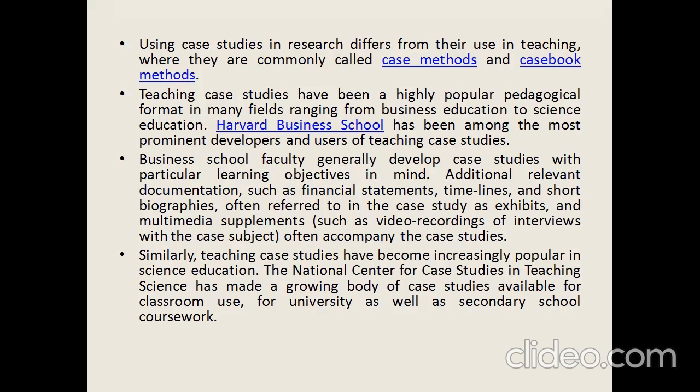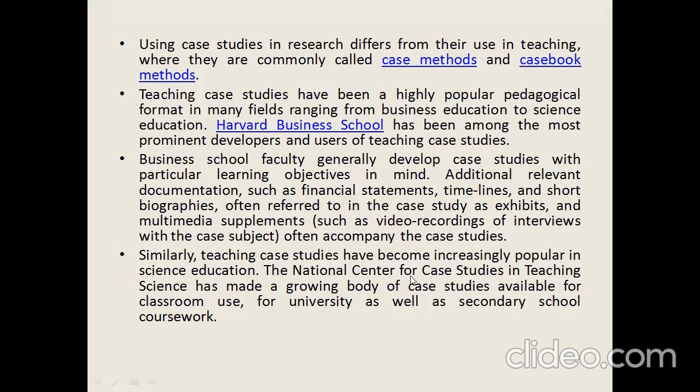Likewise, with a learning objective in mind, additional relevant documentation such as financial statements, timelines and short biographies, meaning of any politician or film star, often referred to in the case study as exhibits, and multimedia supplements such as video recordings of interviews with a case subject often accompany the case studies, right? Similarly, teaching case studies have become increasingly popular in science education.